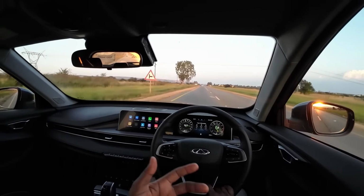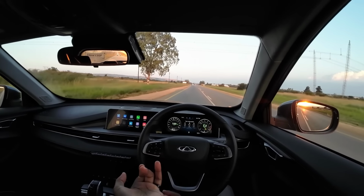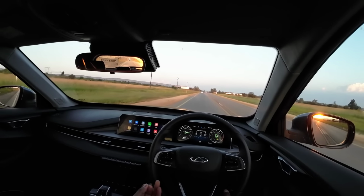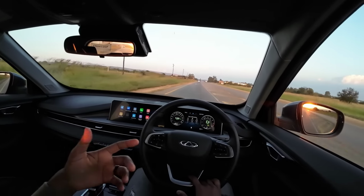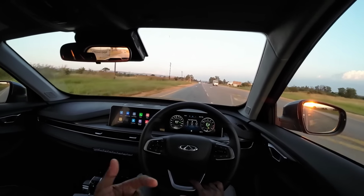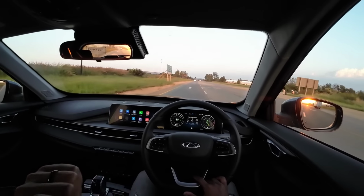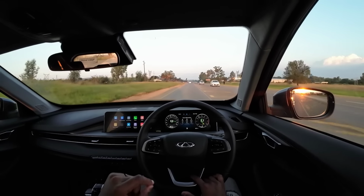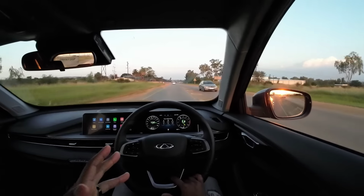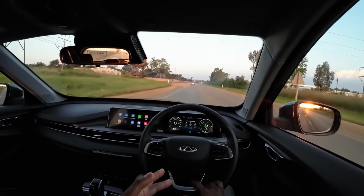I want to take it to work. I'm going to be parking at my workplace. I'm going to be moving around, going shopping here and there, carrying the kids and everything else, taking them to school and so on. So I want that comfort, and that's something that for me I have a little bit of a quarrel with when it comes to this car. That's probably my biggest point in terms of why